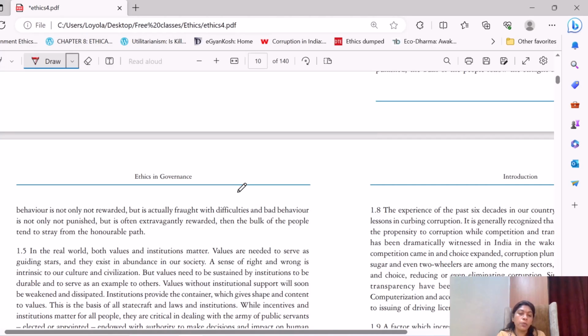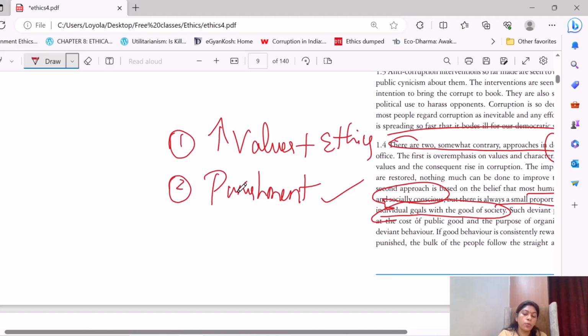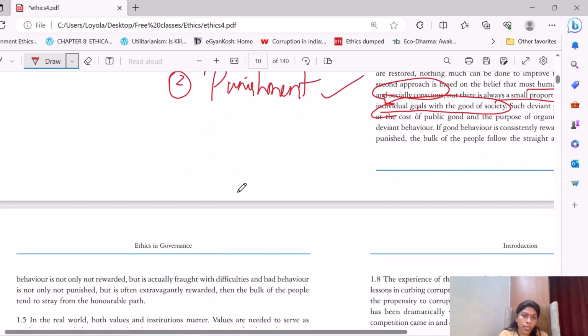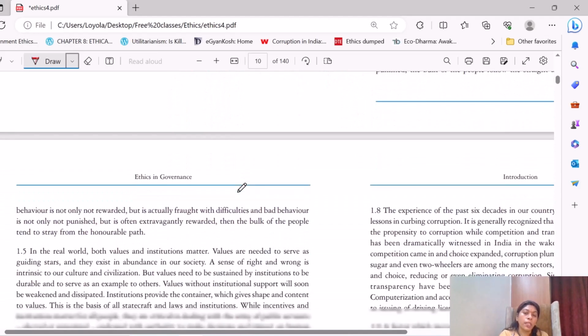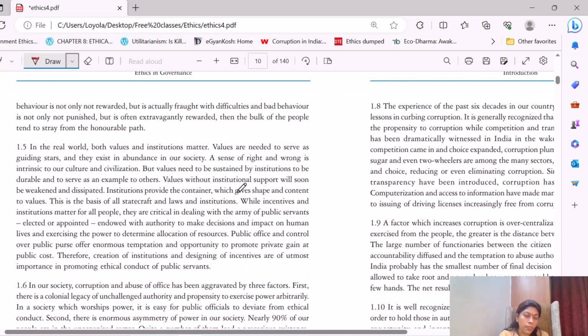So that's what they are coming to say, that whenever we see a person involved in corruption activities, we have to punish them so that others do not repeat it. Okay, so that paragraph is also important. Then come to this, the next thing they are describing,